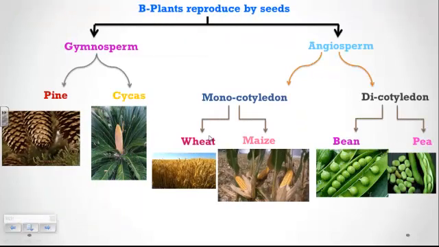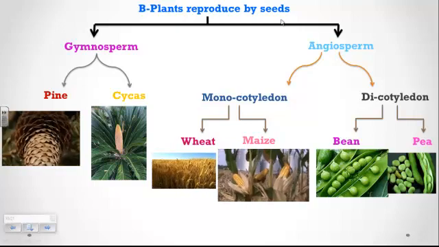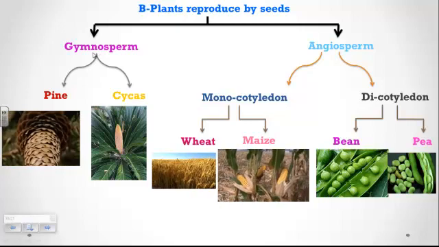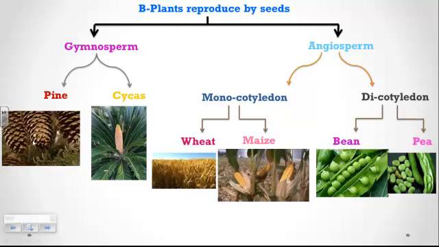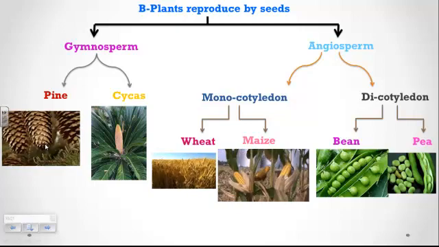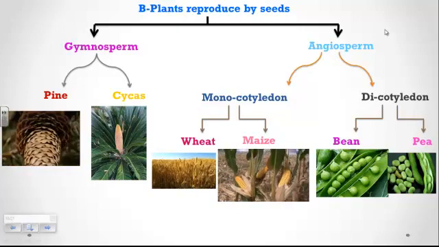The second one, reproduce by seeds, not spores. The seeds, like what? Like gymnosperm and angiosperm. Gymnosperm, like pine plant, and you can see here this one in the left side, and cycas, this one. If you go to the other side,